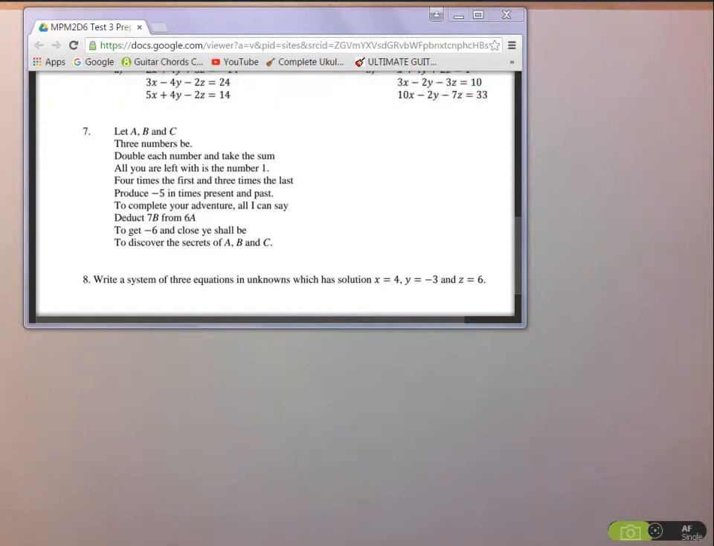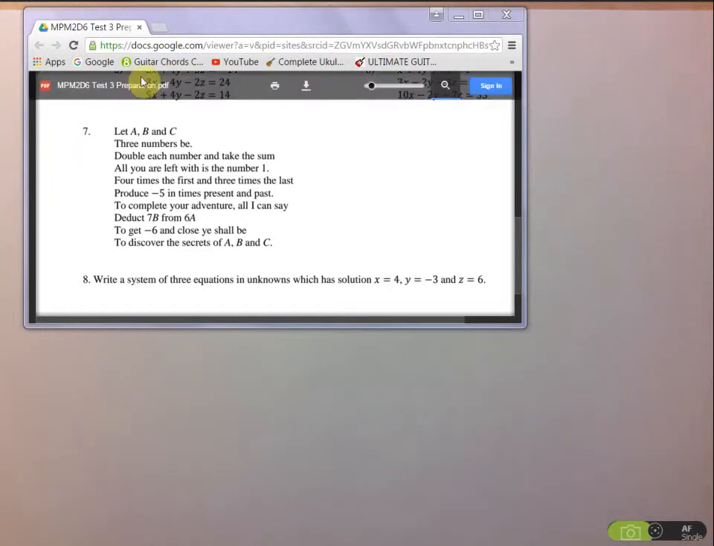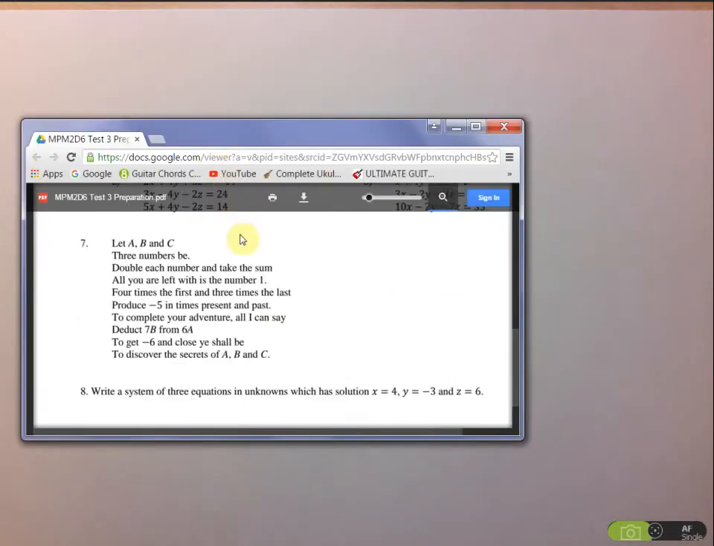Hi folks, we're going to take a look at question 7 from the test 3 preparation sheet. So this is Mr. Zapp's attempt at some poetry. So let's see what they're looking for. We've got three numbers, A, B, and C, and let's see if we can use the information given to